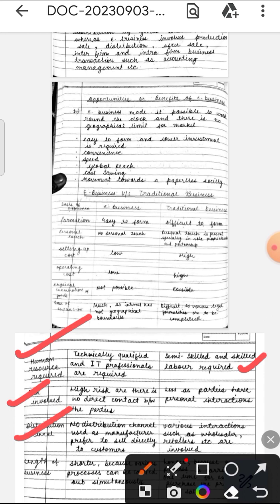Length of business. As we know, e-business is very short and traditional business is large. E-business is short because by one click you can do the transaction and the process will be over. But in traditional business, production, marketing, finance, every aspect till the consumption, it takes a